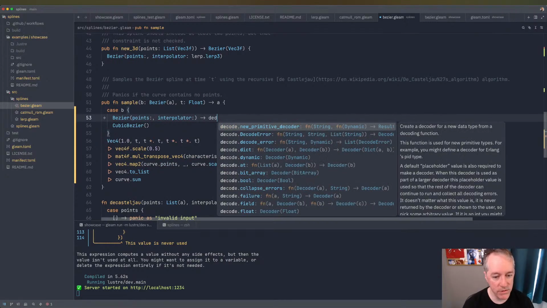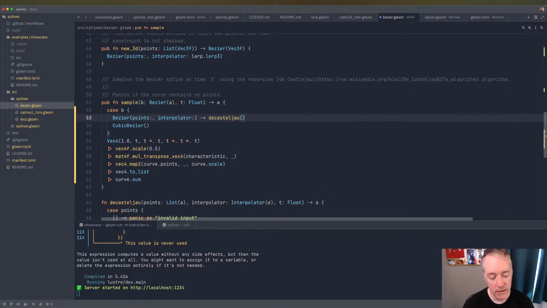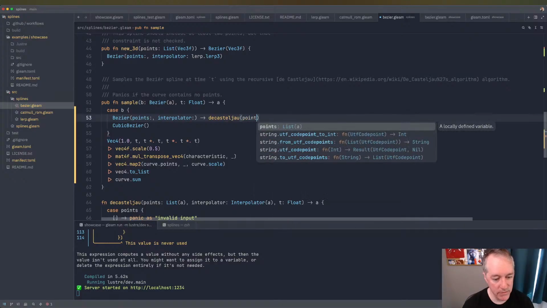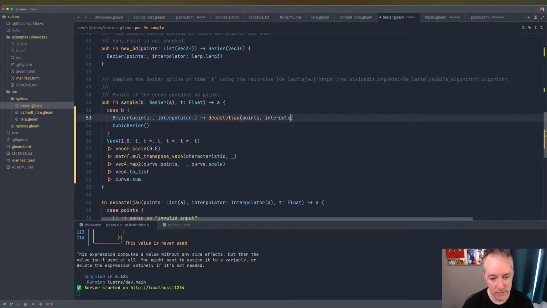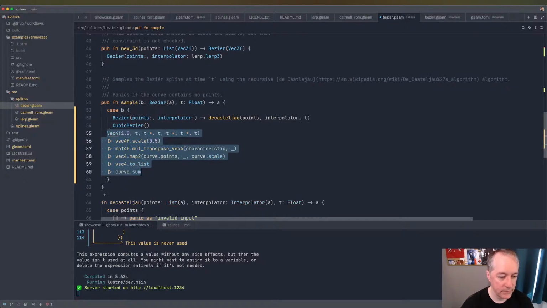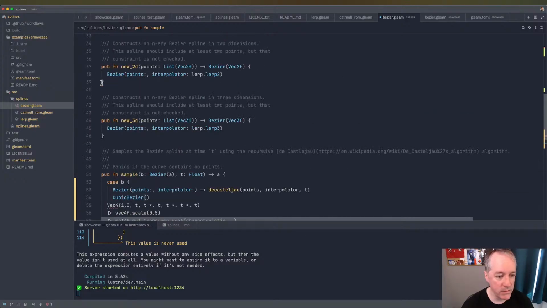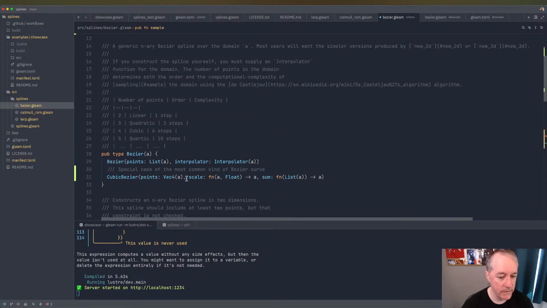Then this will just do de Casteljau, right? Because points and interpolator and T, because that's generic. But for the cubic Bézier, which is going to have points, scale, and sum,